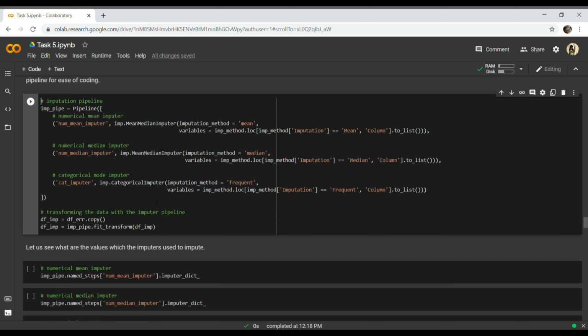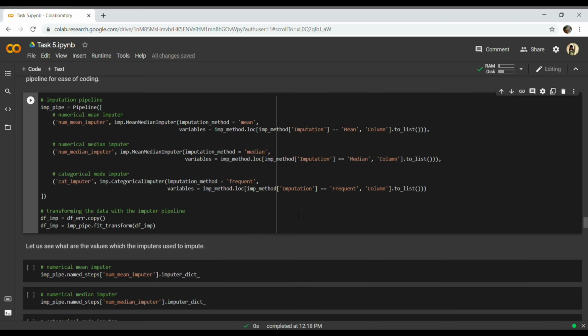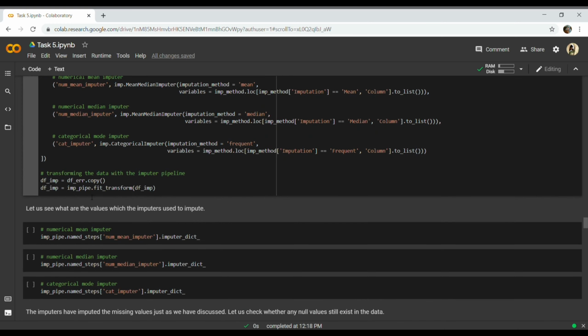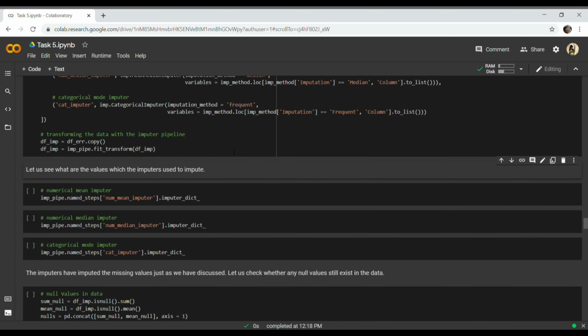So those variables which have frequent as the type, we are replacing those values. After creating a copy of the data frame, we fit and transform this data frame and process it.